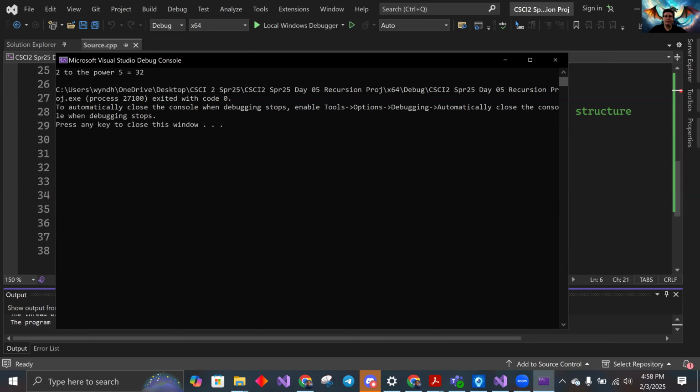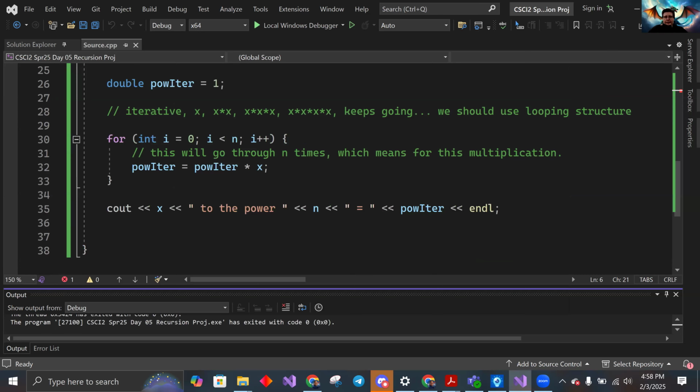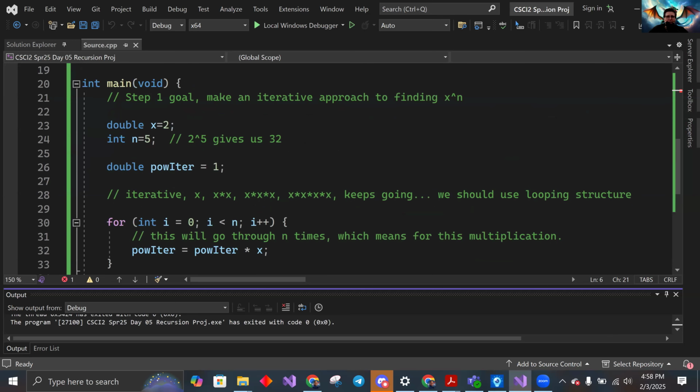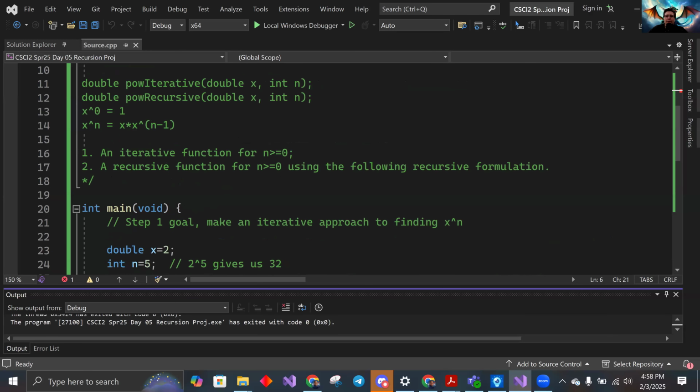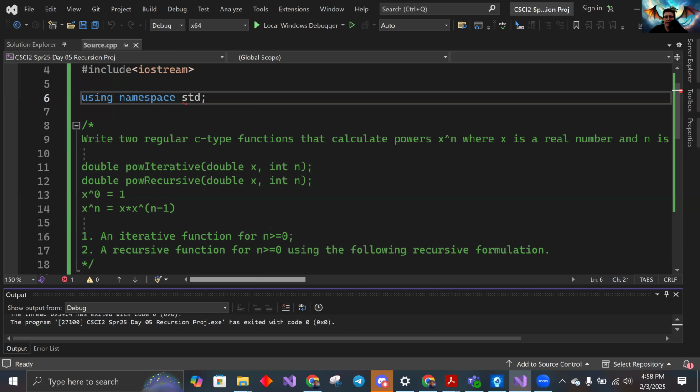To the power of 5 equals 32. I didn't say to the 5th power because if it's like second or third, it's not a fifth. Okay, so we haven't quite met what we wanted to do even for step 1 because it did say